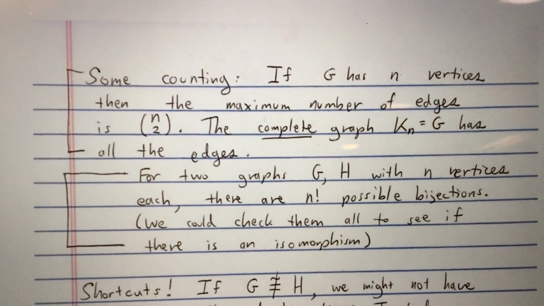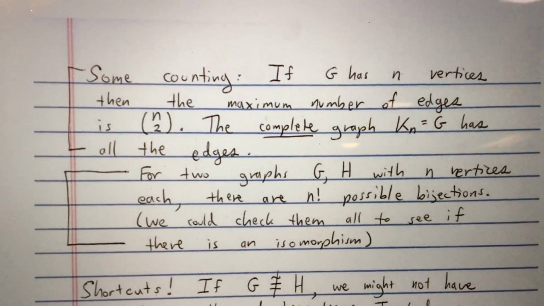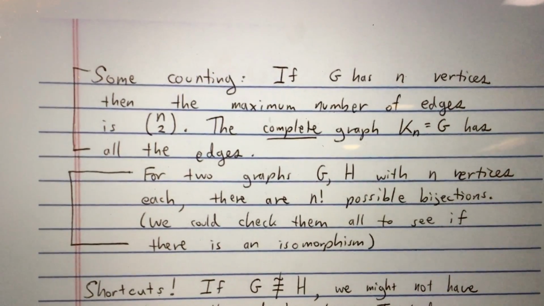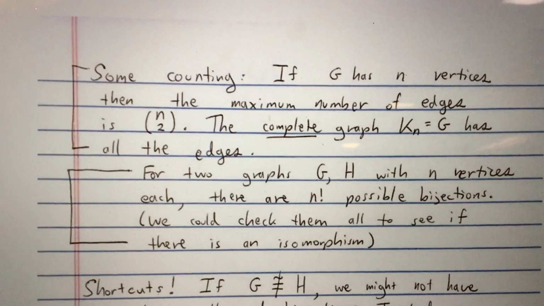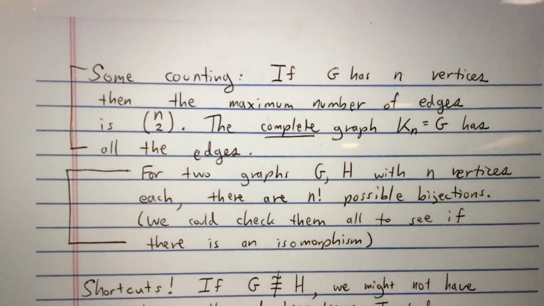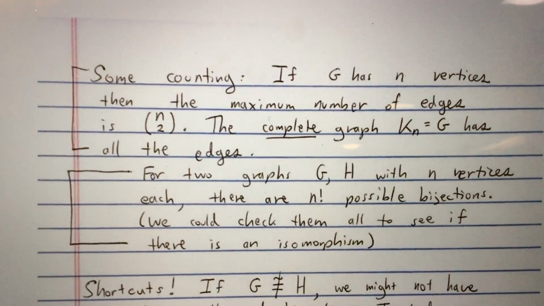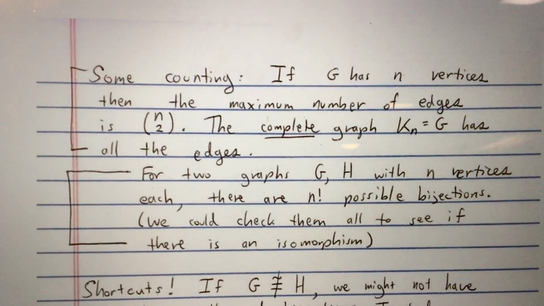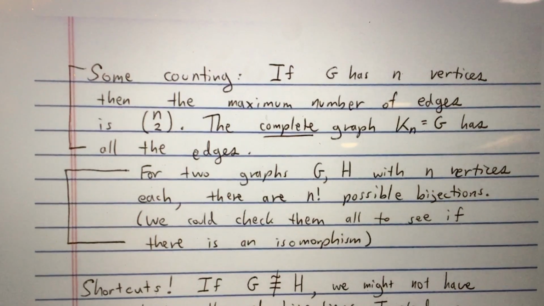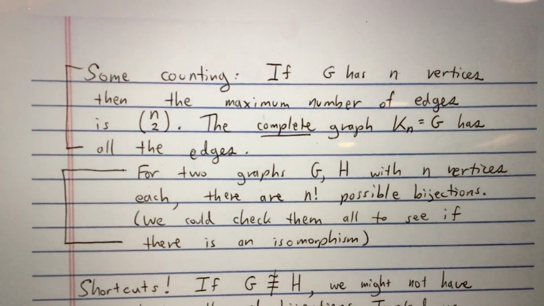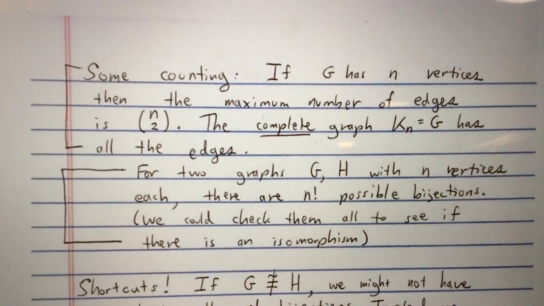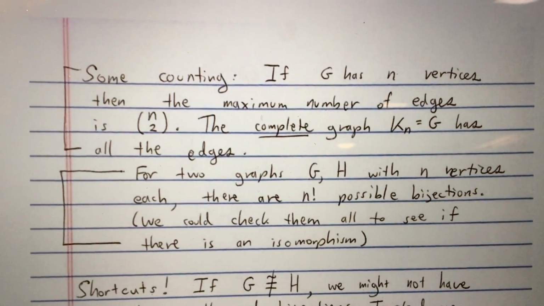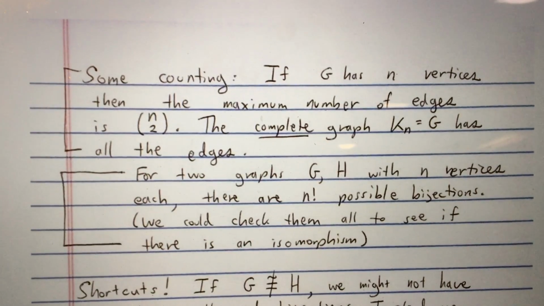So we already mentioned a bit of counting. Here are the two kinds of counting that have come up implicitly already. First, if G has n vertices, then we can tell you what the maximum number of edges is. It's n choose 2, because the edges are just pairs of distinct vertices, and you can pick any pair. There's no ordering involved, so it's a size 2 combination, a subset of size 2, and you count those with